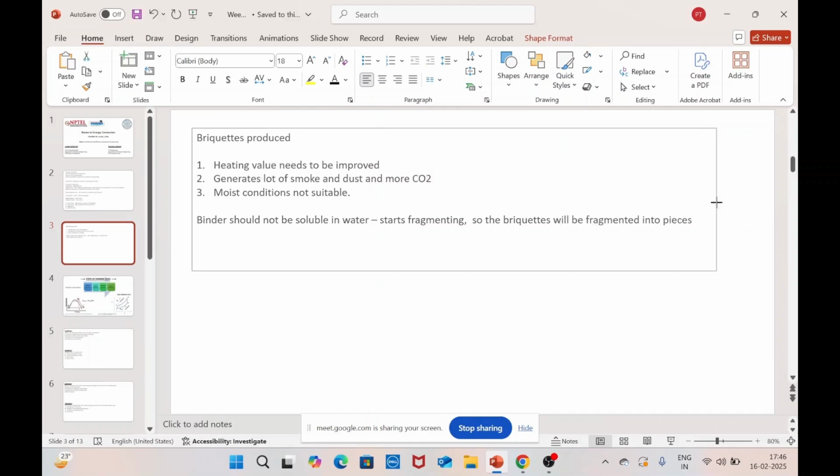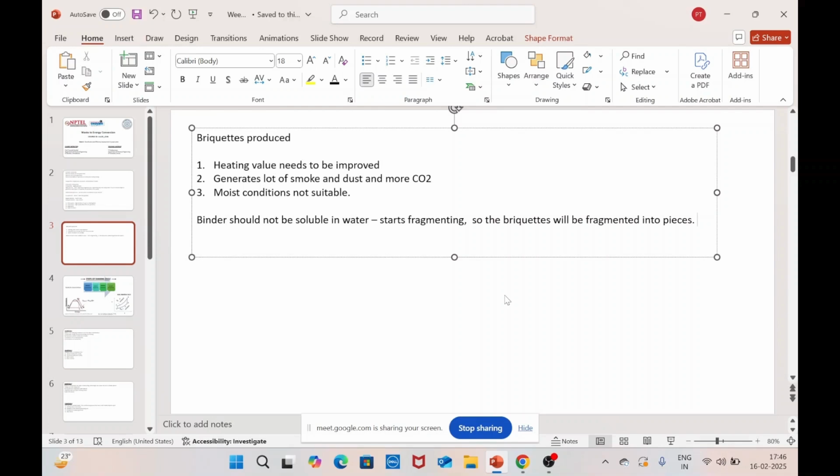So once that fragmentation happens and it turns into pieces, then automatically all the other properties and advantages of the briquettes that we discussed will be lost. Energy density will go low, and so on. So this is one of the reasons why moist condition is not suitable for the briquette, because apart from reducing the heating value,